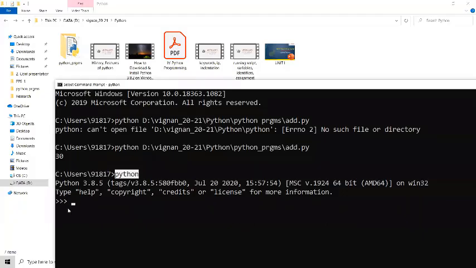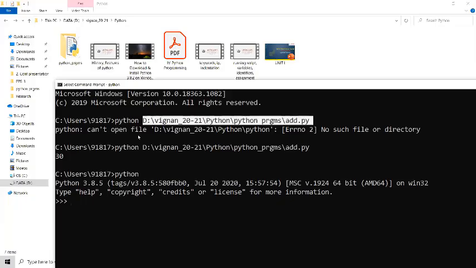Just you are moved into your Python shell. Okay. So if you are not using your Python shell, how to run your scripts? Python space your entire file path. Then it will give us the output of whatever you wrote in your Python script.